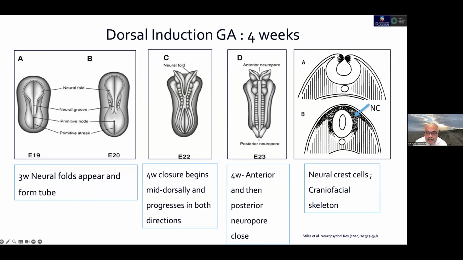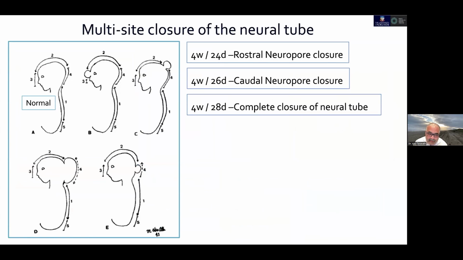And after the closure of the neural folds to form the neural tube, you have the notochord there. You have these dark stippled areas pointed to by the blue arrow. That is the neural crest cells. Now, these are very important for the formation of the craniofacial skeleton. Also, very, very important to note that